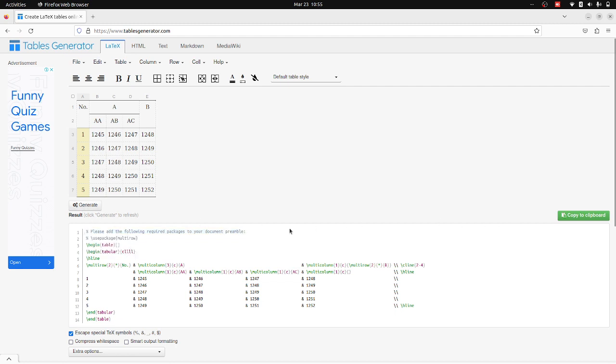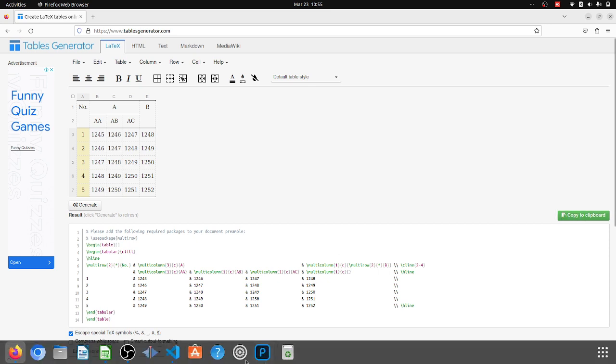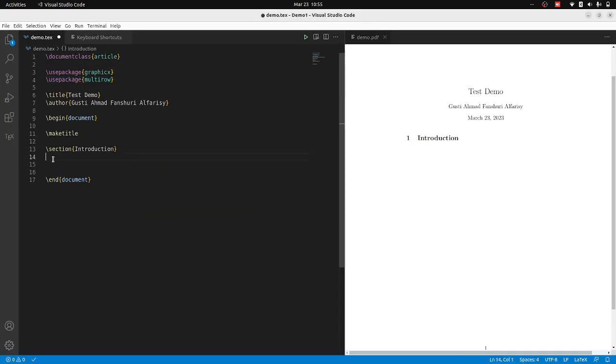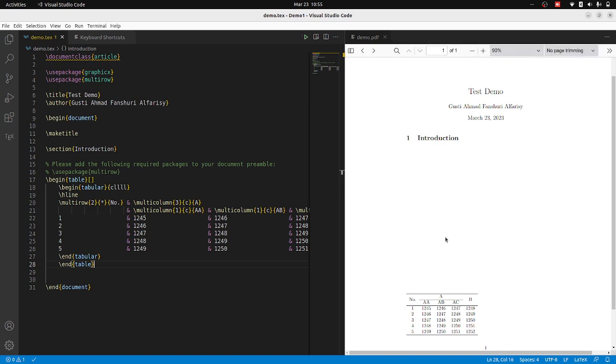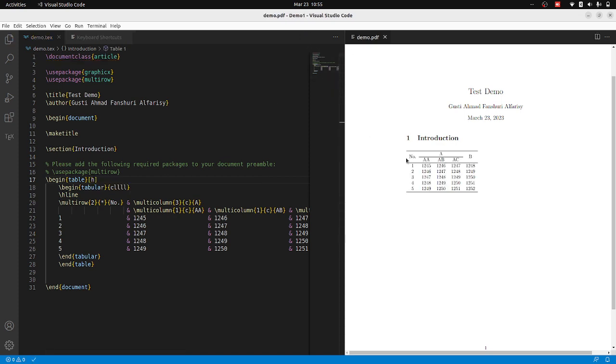After that, we copy this LaTeX format with the green button, copy to clipboard, and afterwards I move to my LaTeX editor and then simply press Control V, and we see how it works. And as you can see, this is working very well. But I need to put it at the top, just add age, and you can see this is the table that we want, and it's very easy without creating the table directly in